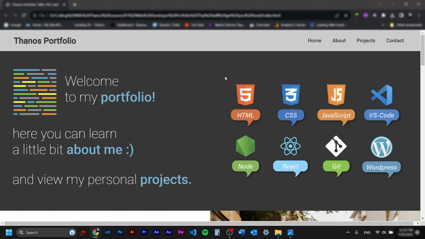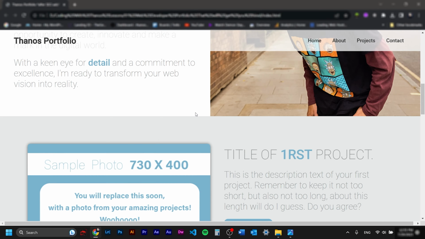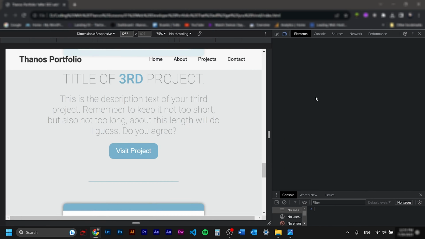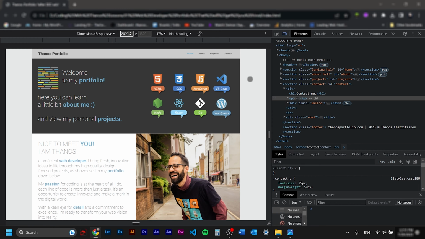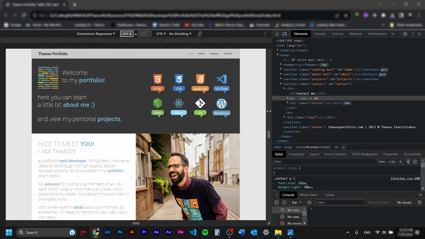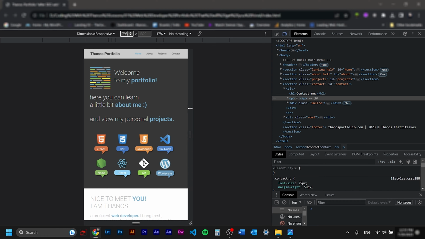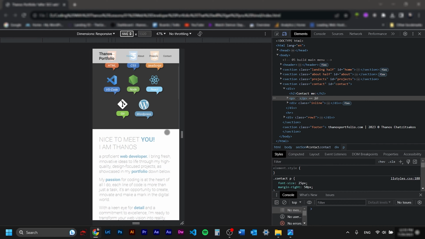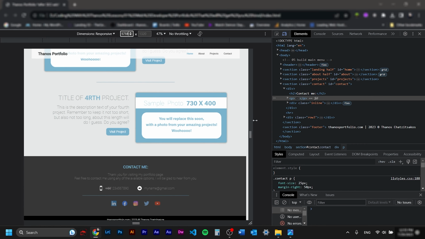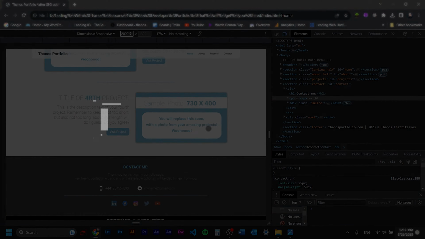Let's take a look at the final result. This is the website we are going to be building today. I want to test it on huge devices. Everything is centered as we see, and we're scrolling down. And now let's move it down to smaller screens, like even smartphones. I see everything adjusting accordingly, and the responsiveness looks great on all the devices.